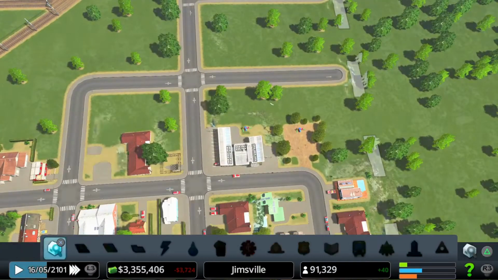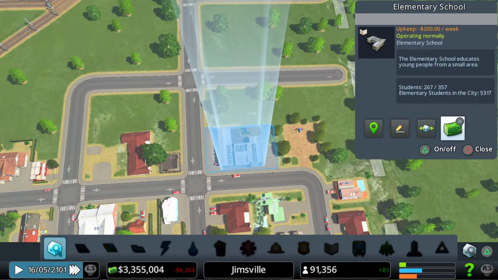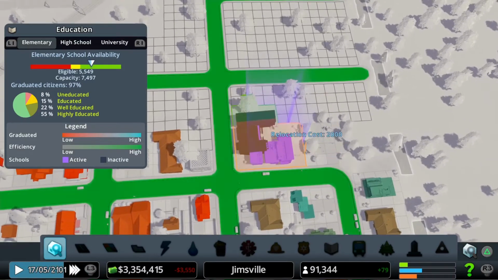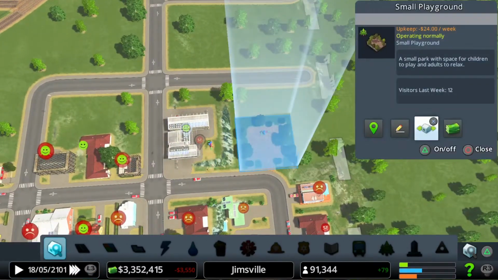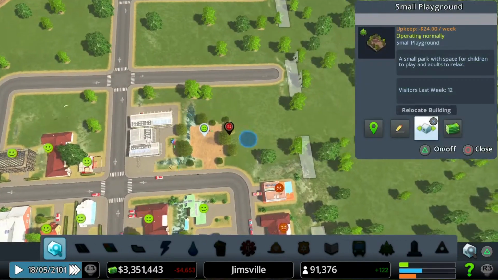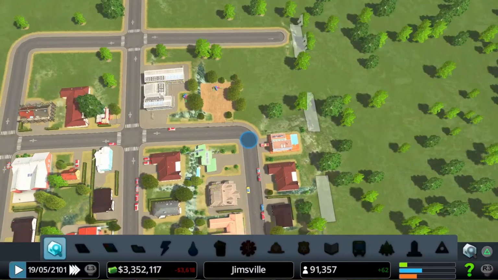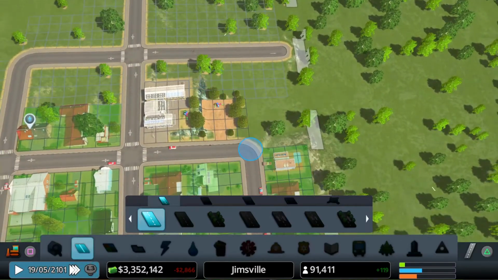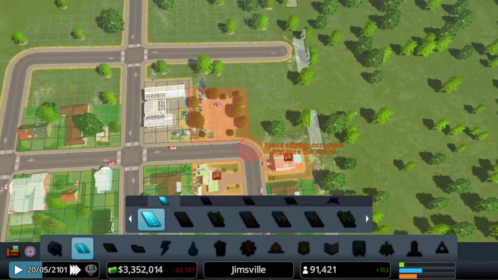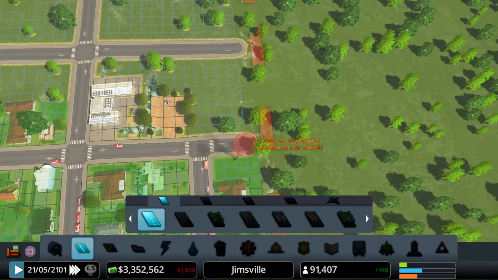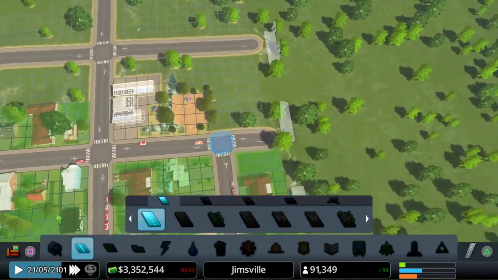So what I might do as well, let's reposition this there, and hopefully I can reposition this across enough to get a bit more road in. I don't know if I can or not. It's probably not going to fit. No, it's still not going to fit. I'll tell you what I can do though is I can just put a little bit of road there, and then there we go, that fills that zoning in there.